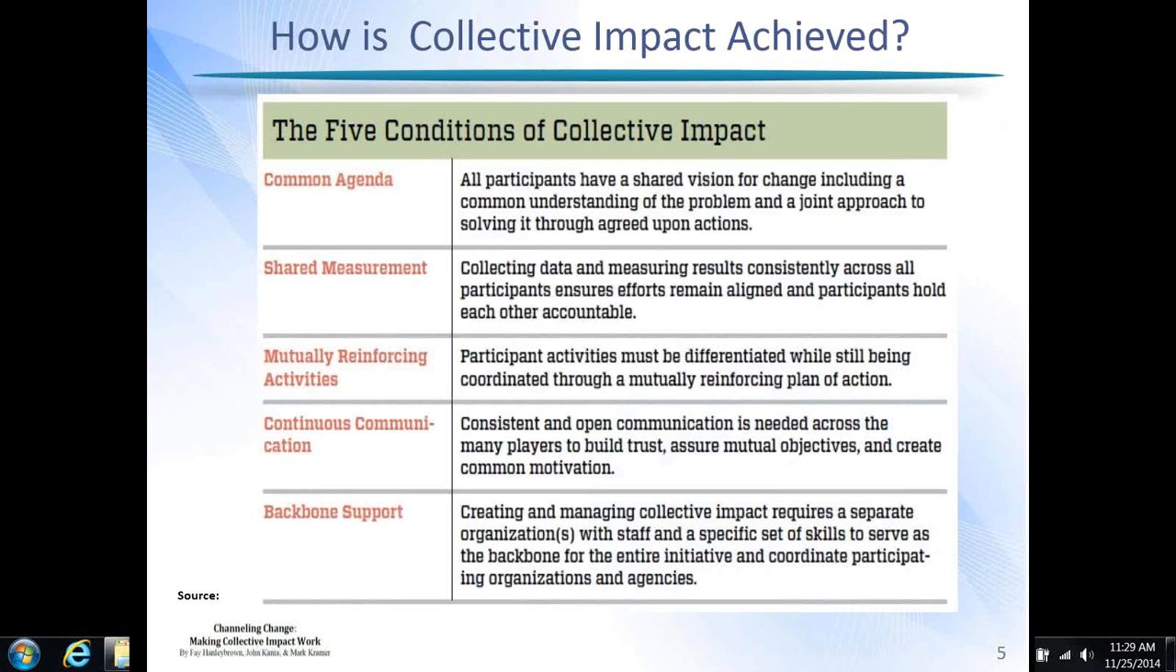And these 5 conditions have proven to, again, be very useful in framing these discussions. The first is having a common agenda. The second is having shared measurement. The third, and I think this is the most powerful, is having mutually reinforcing activities, where different organizations aren't trying to do everything themselves, but they can recognize that